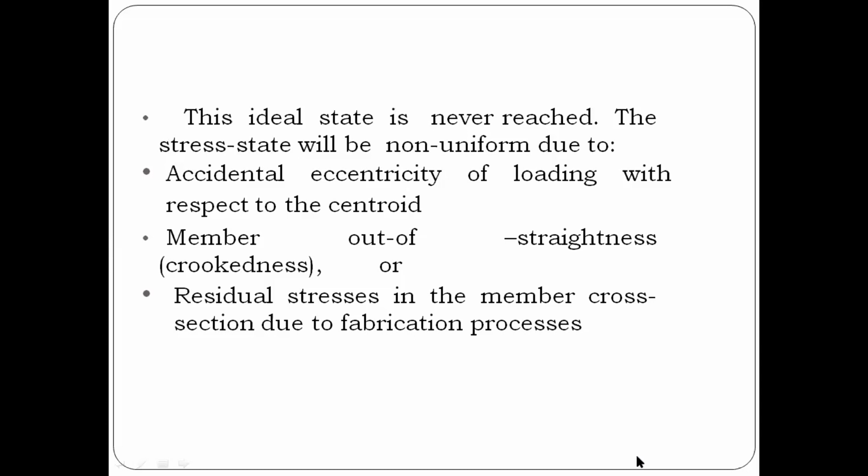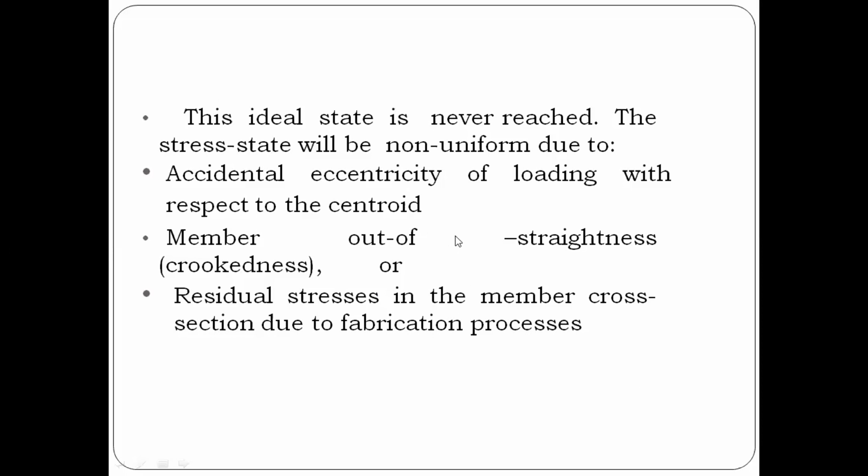Why? Because your column is not just an element in the structure. There will be a beam which connects to the column laterally, right? There will be a roof, right? A slab. Like that, different structural elements are connected together to the column, where there is a possibility of eccentric loads. Those eccentric loads make that member fail in different ways.